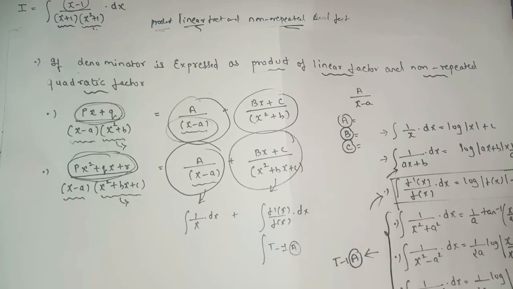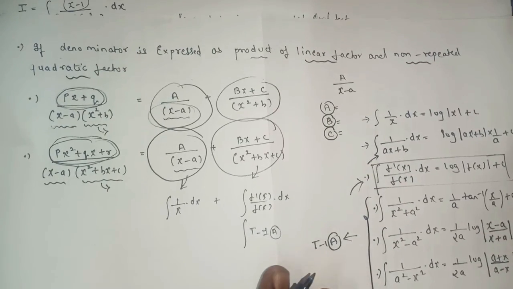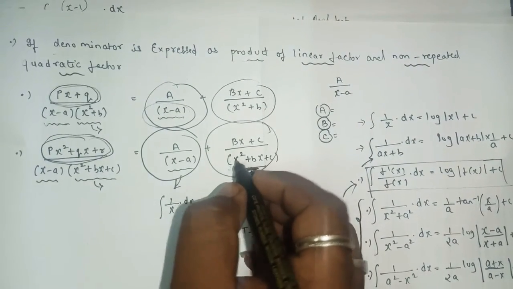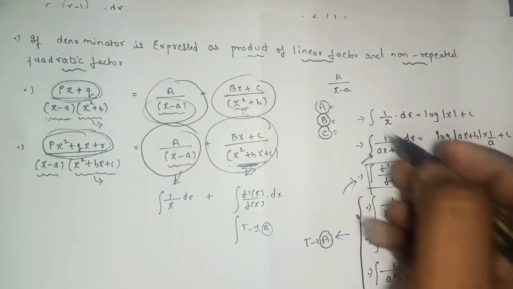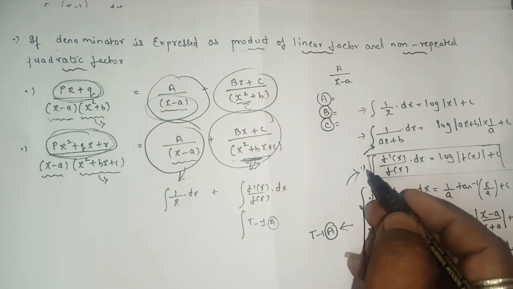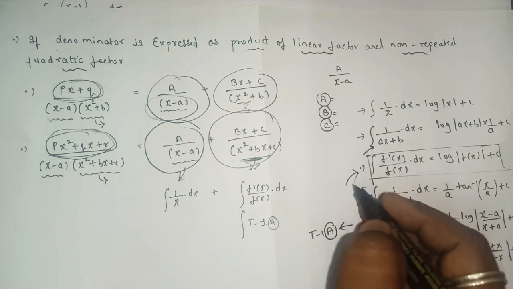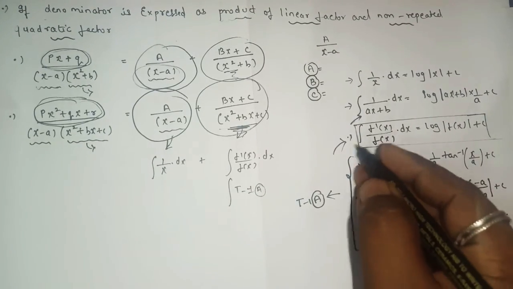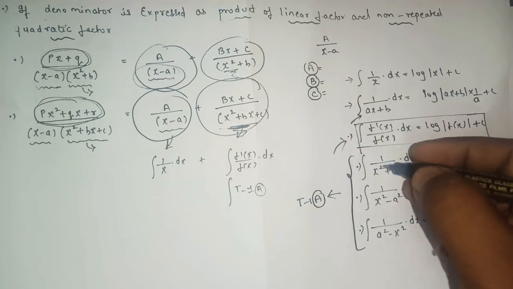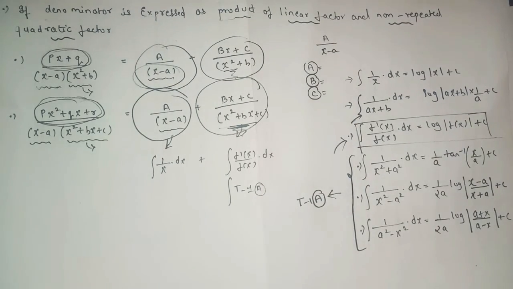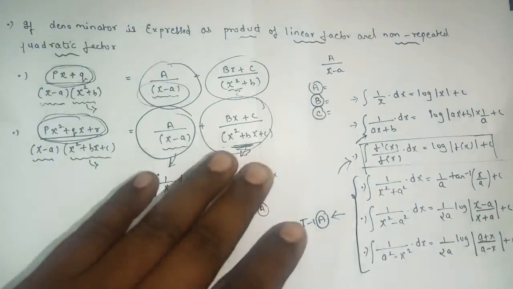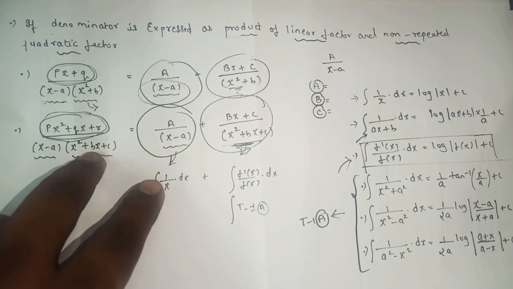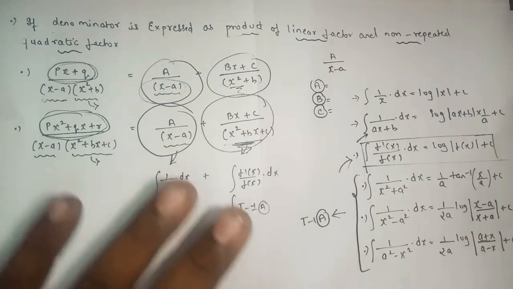You will get the values of A, B, C, substitute them. The only change is if you have a proper quadratic, as here the middle term was absent, so we come across this formula. If all the terms are present, of course we have to apply one of these formulas. So I hope you can try the second type of subtype 3 by yourself.